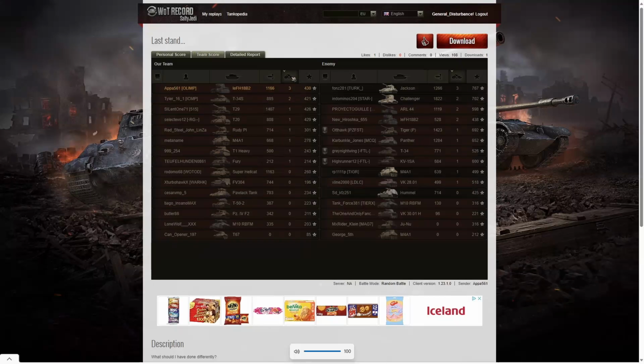Well, when it comes to kills, he's actually joint top position because they got 3 kills, he got 3 kills, and the Jackson got 3 kills. 2 kills went to the T-34 Shielded on his team, and to the Challenger, ARL-44 and the other enemy VP on the enemy team. And when it came to base XP, it's the Jackson that did the best with 767. The Challenger got 702, and the Tiger P got 692, but Appa got the highest base XP on his team